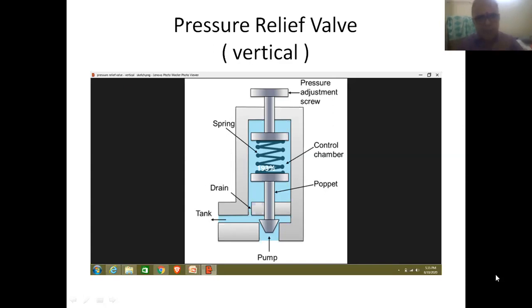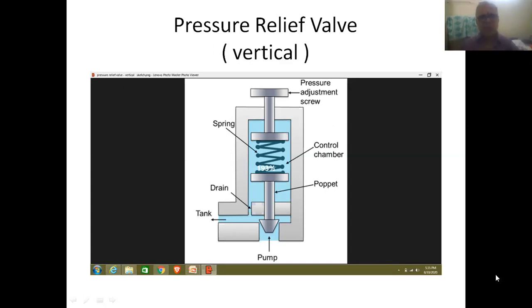So friends, in all these valves, if the pressure of the fluid is within the normal limits, all these valves will automatically remain in the closed position. And if the pressure of the fluid exceeds the normal limits, automatically all the valves will come to the open position.